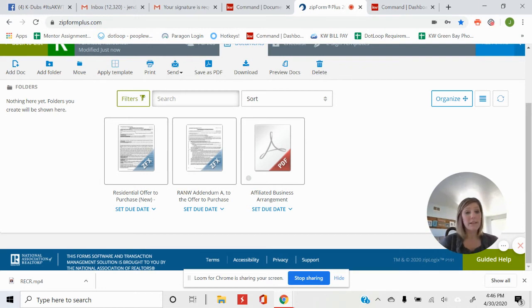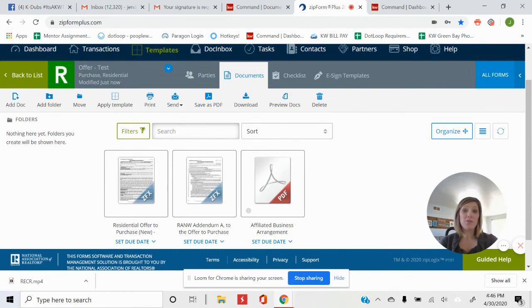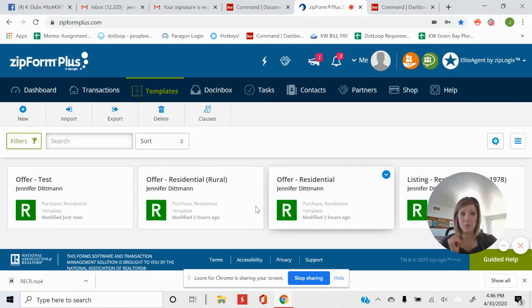Okay, so let's pretend we're all done with our documents. When you're creating templates, the next template that you create, you want to go start to finish and finish one whole template, because this is the easy button. Let's go back to the template homepage. When I go to create the next template, so let's say now I want to create offer condo, or maybe not condo,